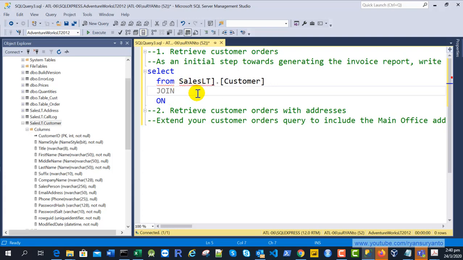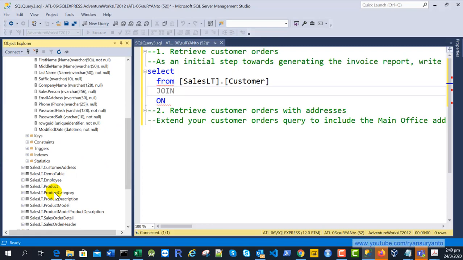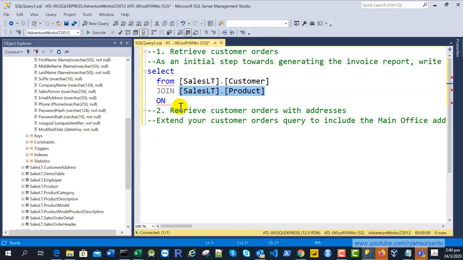And then I join the product. So I put this join, the SalesLT Product, which is below here. Then you're going to specify the columns.